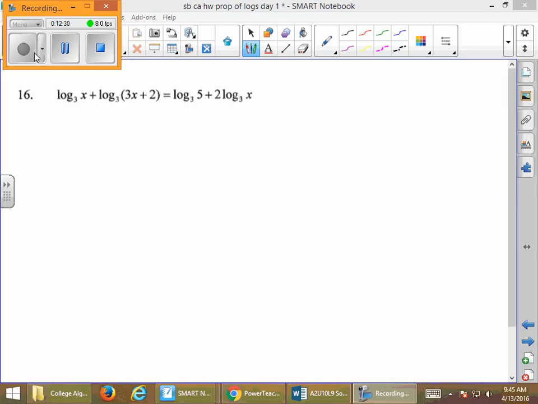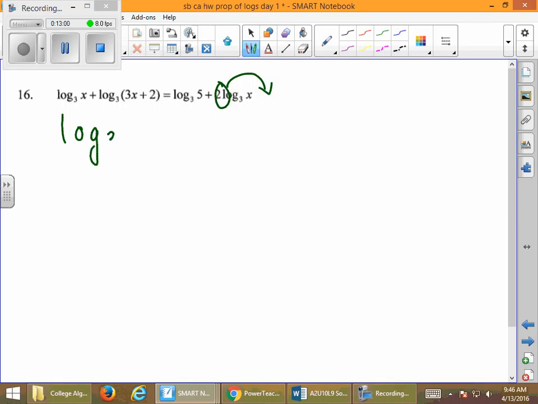Problem number 16. We have 4 logarithms in this problem, and maybe that was where the confusion came from. We have a lot of things going on, but what I'm going to recommend first is that we take this 2, that's a coefficient of a logarithm, and make it an exponent. So that's my first step. It doesn't necessarily have to be the first step, but if it's not, it probably has to be the second step. This is going to be log base 3 of x plus log base 3 of 3x plus 2